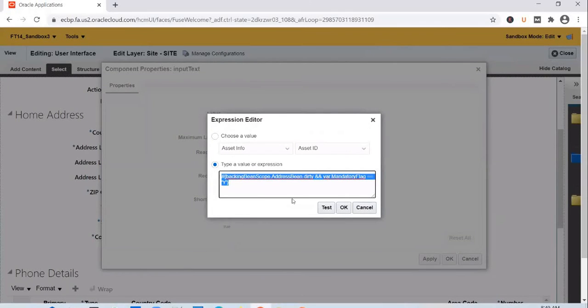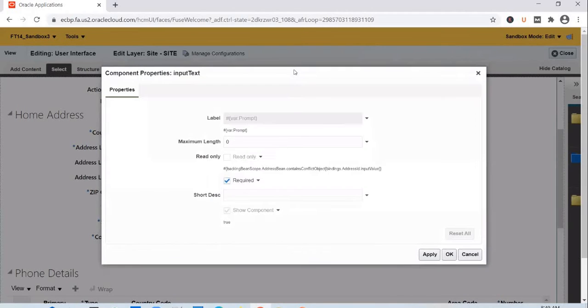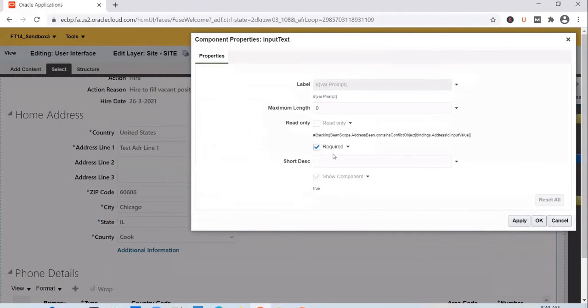and I can take out this whole condition and I can just say true. But what is the problem with this? If I change this to true, yes, as expected, it becomes required. But this becomes required for all the countries, irrespective of the country that the user selects. But that is not the requirement. The requirement is to make it required only when the country is United States. So I need to put in an expression here.